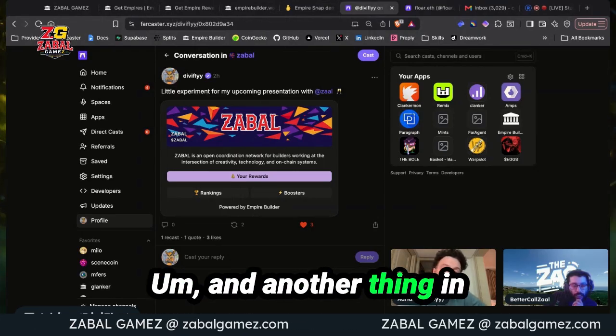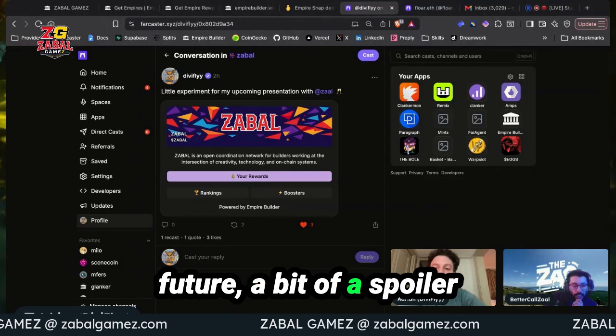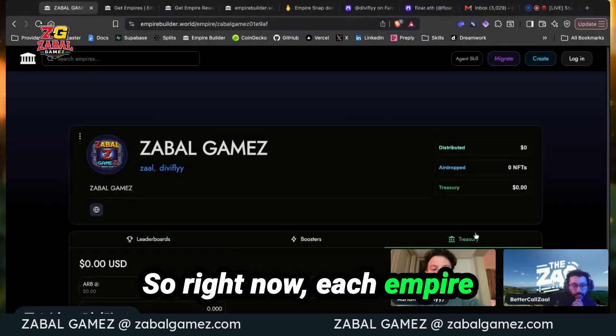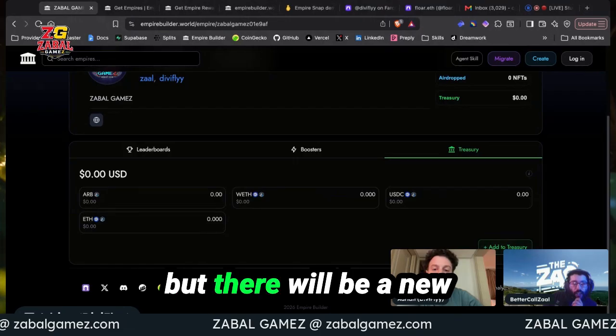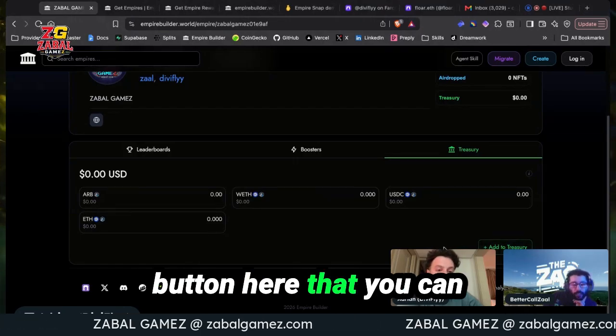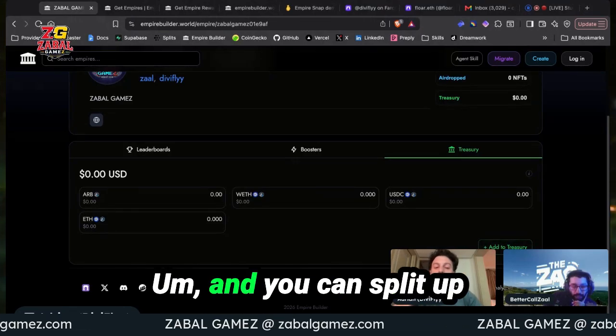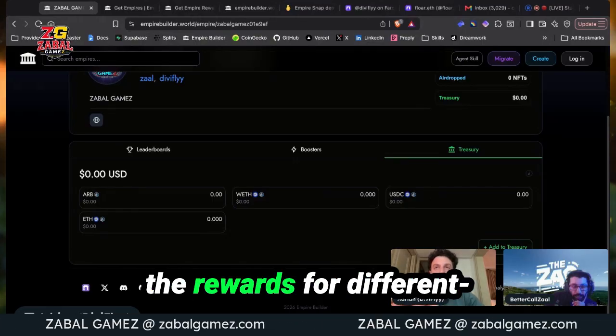And another thing in future, a bit of a spoiler, we're going to have multiple treasuries. Right now each empire just has their one treasury, but there will be a new button here where you can create a new treasury. That's really cool. And you can split up the rewards for different